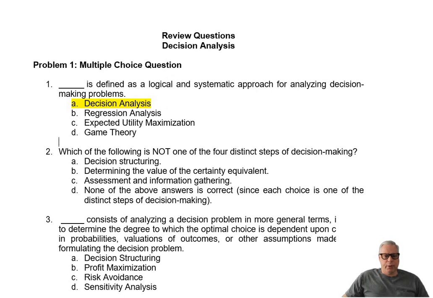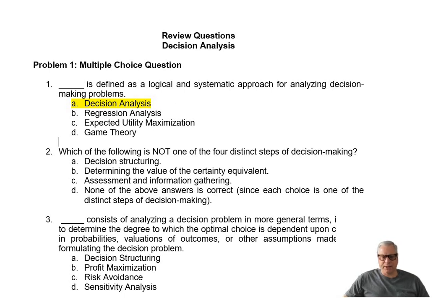Which of the following is not one of the 4 distinct steps of decision making? Decision structuring? No. That's clearly part of it. Determining the value of the certainty equivalent. Well, the certainty equivalent is an important concept because whenever we do a decision, there is always an alternative, and that typically involves a decision that has a certain certainty, and